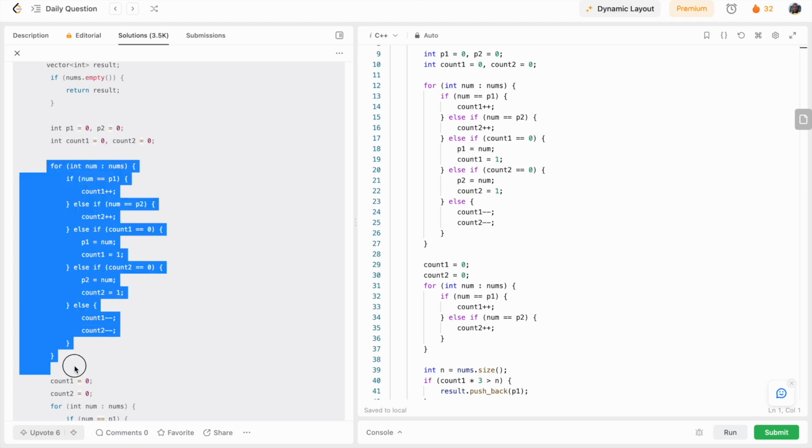We are going to loop through the elements and increment the count of each element that we see. And if we see an element which is not the potential first element and not the potential second element, we decrease both counts,